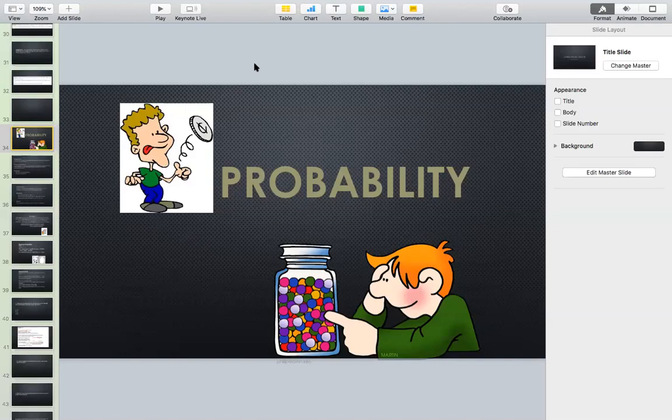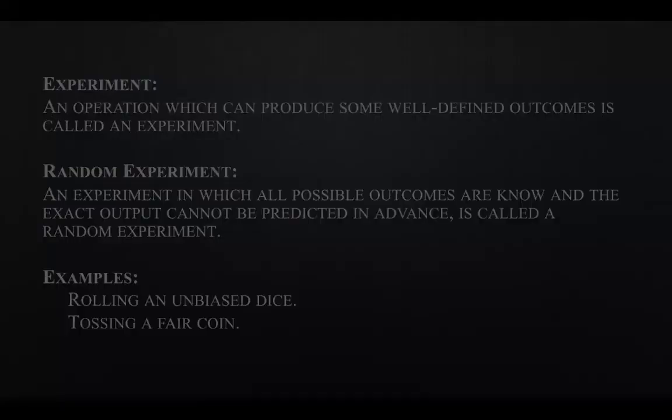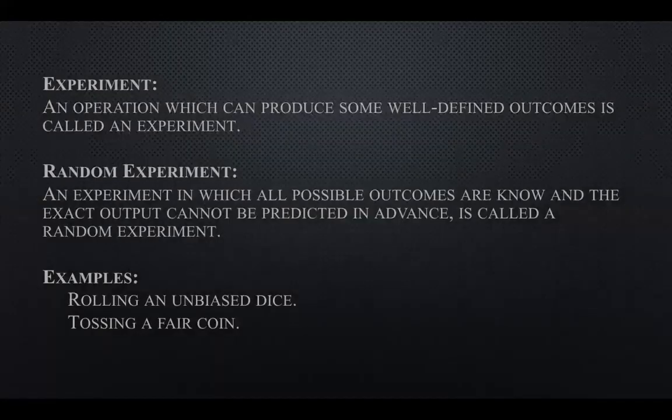Okay, so let's quickly discuss the basics first. What is an experiment? An operation which can produce some well-defined outcomes is called an experiment. It should be a well-defined outcome. Well-defined outcome means, let's say if I'm tossing a dice,